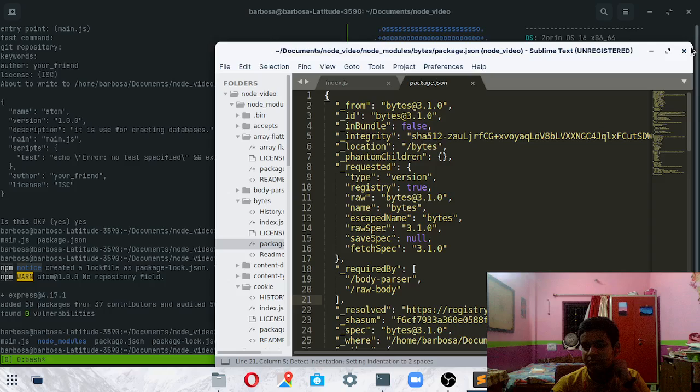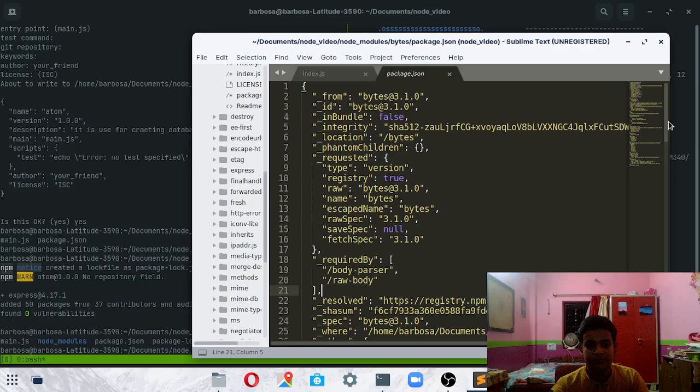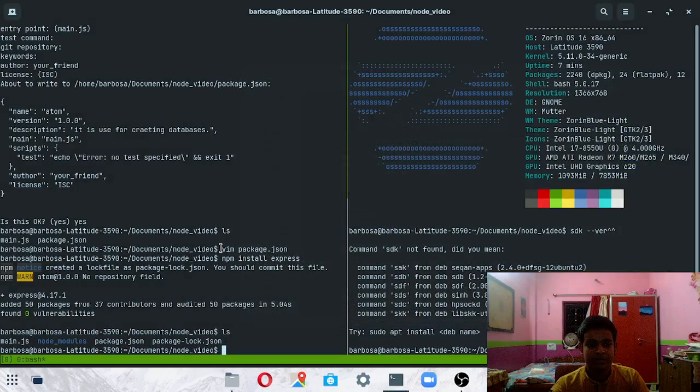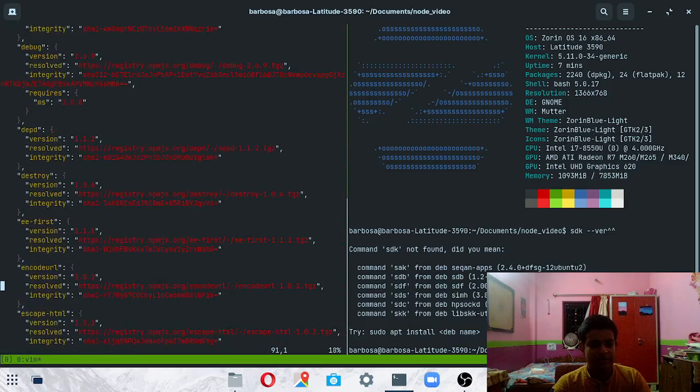There are so many files, so many folders, so we're just going to ignore that. There is this package-lock.json also. We can also open that in Vim. You can see this much data stored about a module.